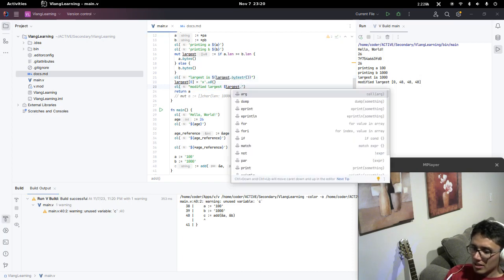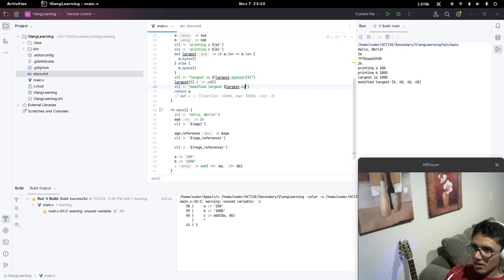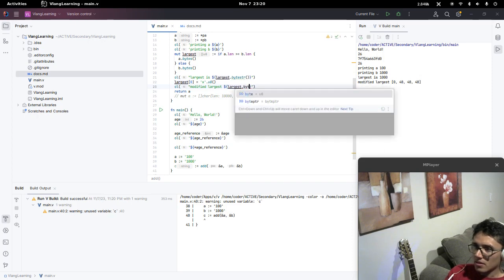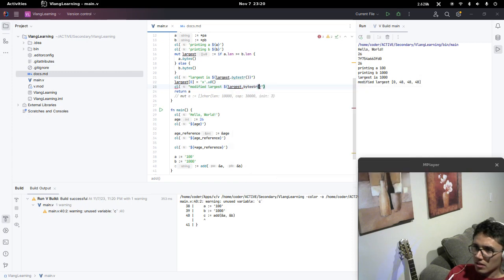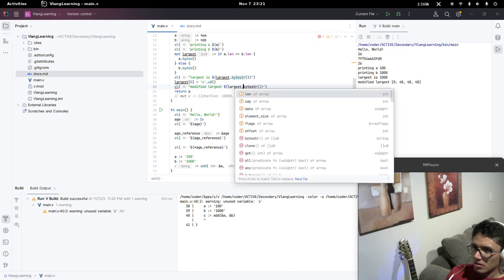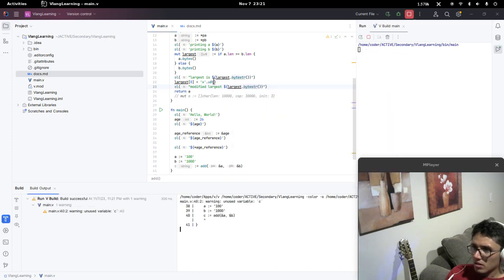And then let's do it again here. Of course, curly braces again. Modify largest is 000. Okay, so what I want to do here is